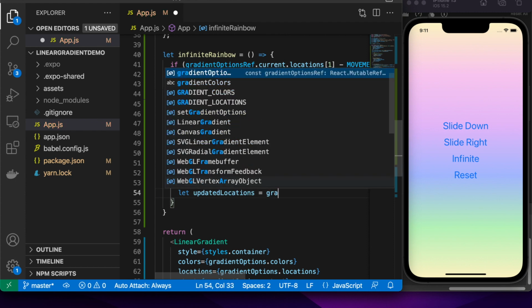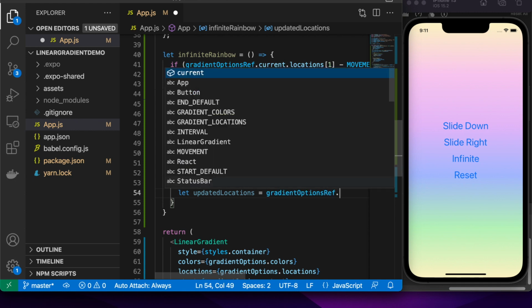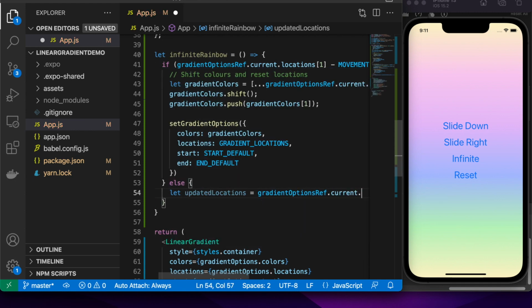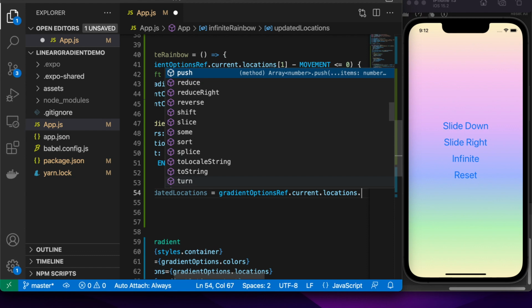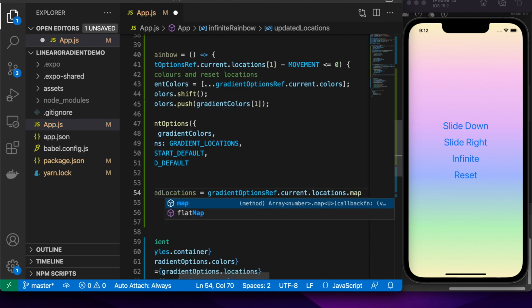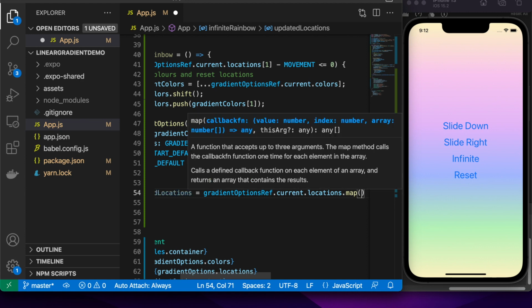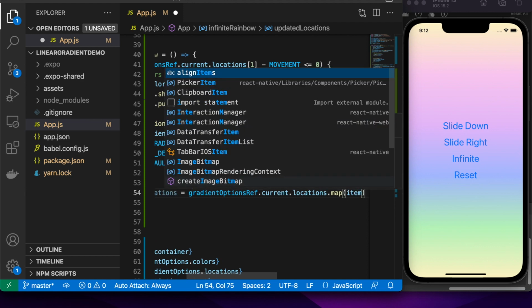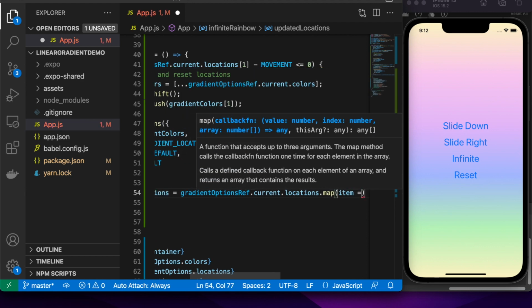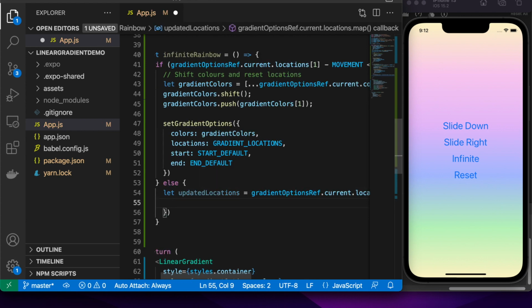So what I'm going to do is use a mapping function here. So I'll go gradient options ref.current.locations and I'll do a map. And basically what it's going to do is take every item in that array and create a new array with whatever is in my function applied to it.